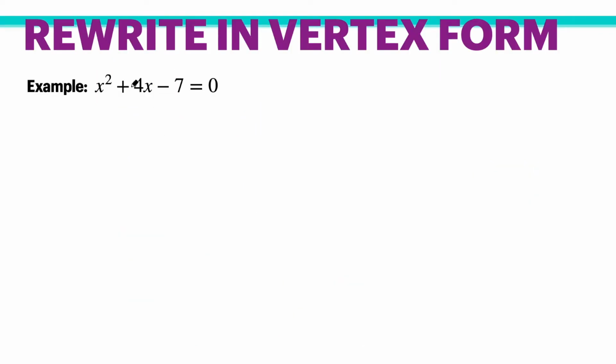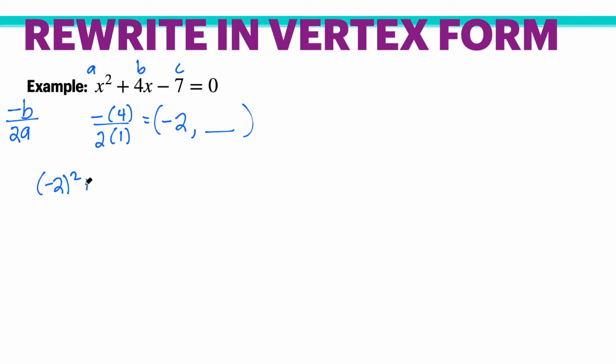So to rewrite in vertex form, in order to solve this, this is where we would go back to a previous section where we talk about the negative b over 2a. Don't forget you have a, b, c. So negative b over 2 times a would be a negative 2. That is our x value. And now to find the y value, we plug in negative 2